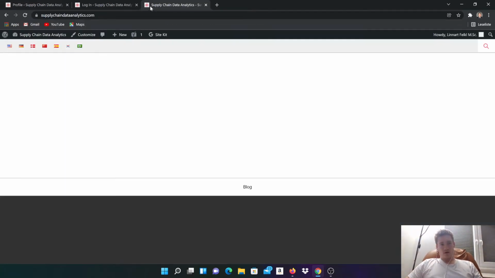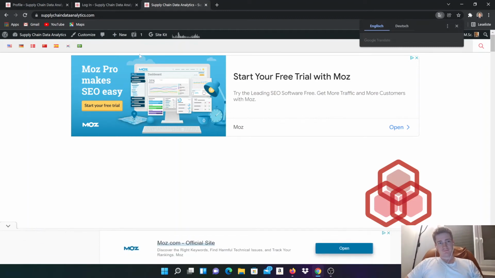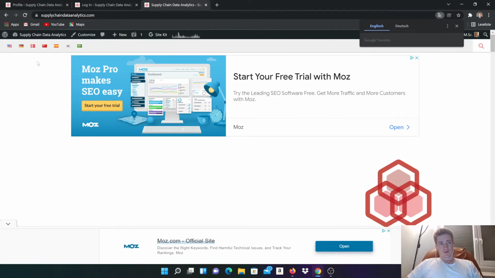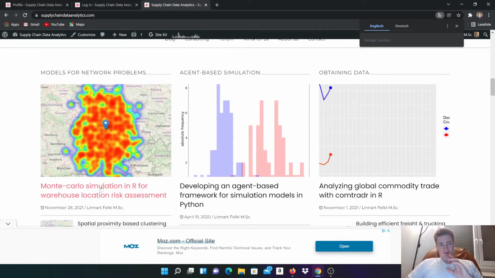And when you then enter the website, you will be logged in. So you will have this bar on the top here. If you chose the option Remember Me, the website will remember you, and you will be automatically logged in. So you have a menu bar up here that gives you direct access to some functionality of the backend. And if you click on a post,